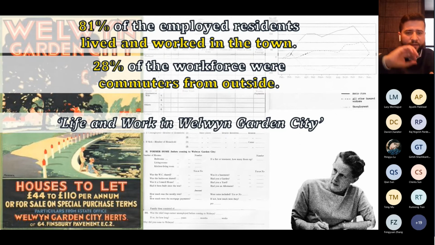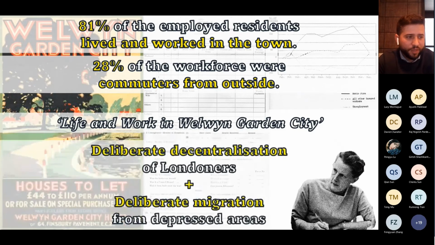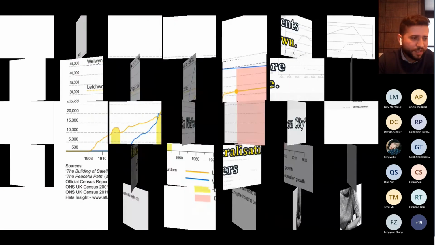In short, this difference between both groups of migrants was, according to Tirwitz, due to the deliberate decentralization of Londoners and the deliberate migration of those who came from depressed areas. All these circumstances led to a steady growth of population and industrial development of both garden cities, as you can